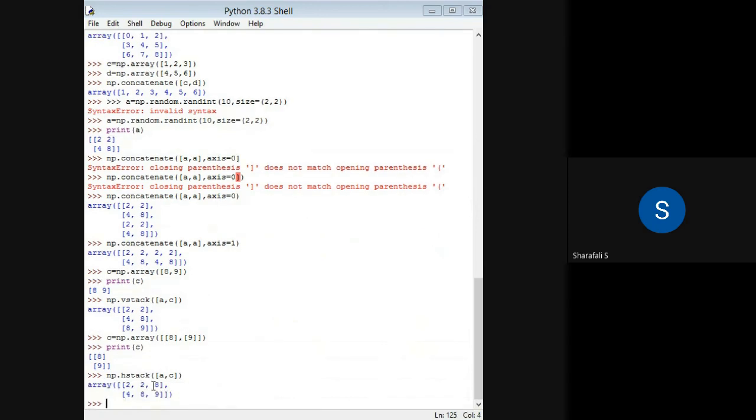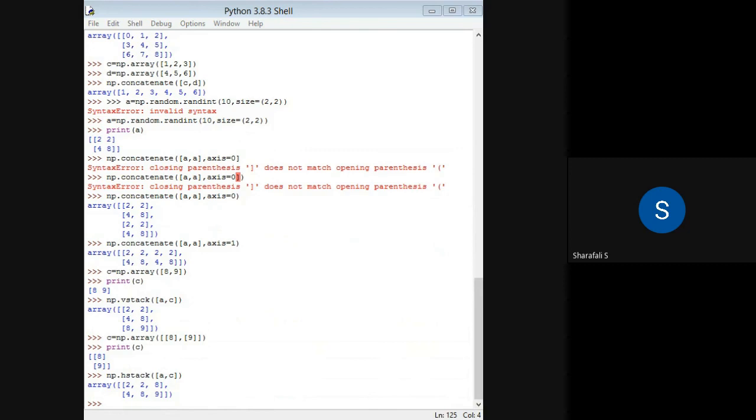Press enter, then you can see 8 and 9 are stacked with the array A. Those elements are stacked here. So this is how we can concatenate and stack elements, basically joining two different arrays.